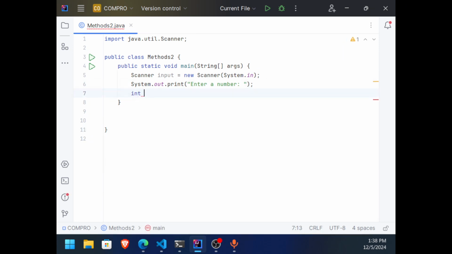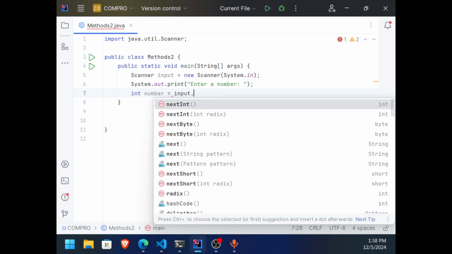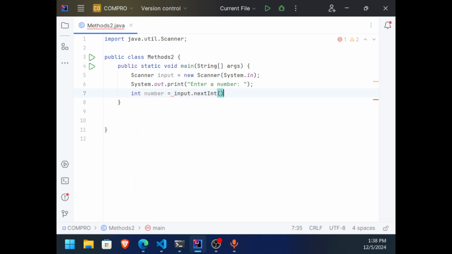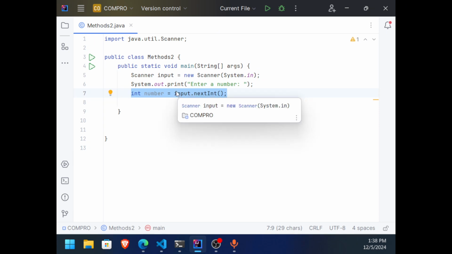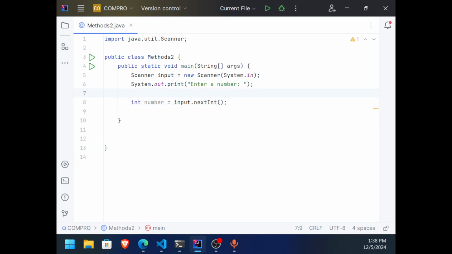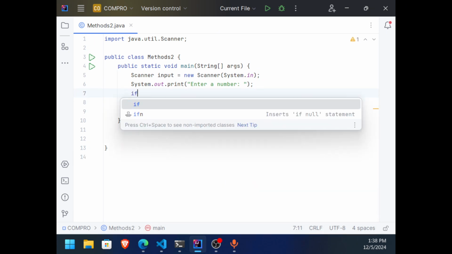Then we're going to declare a variable for that. int number is equal to input.nextInt. But we need a way to validate this. So usually what we do is place that inside an if statement.